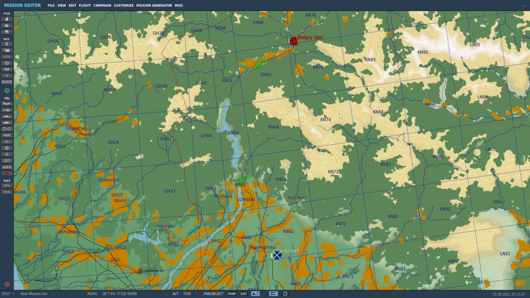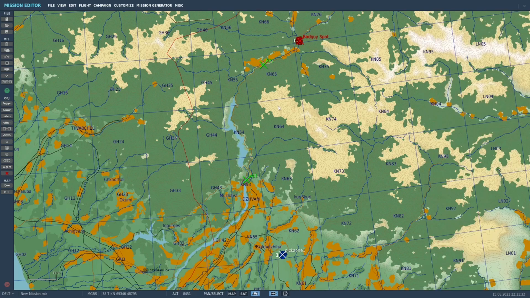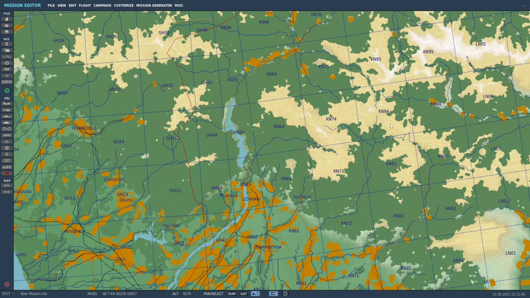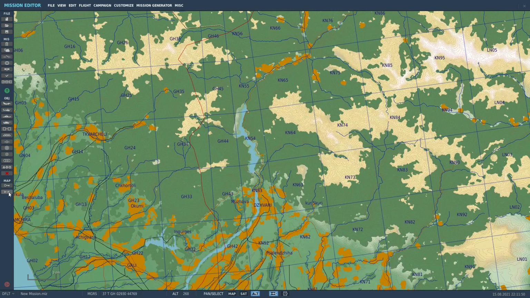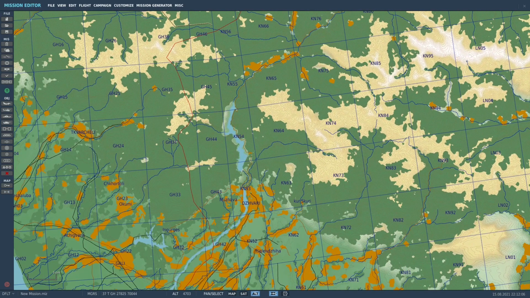And I want to take a picture of my AO, but I don't want them to see the bad guy spot and stuff here. What I'm going to do is go to my map options with the key. I'm going to turn off my user objects. And then I'm going to take my snipping tool, and I'm just going to take a snip of my entire AO here. So probably not going to be able to see this in the screen, but I'm taking a box of the